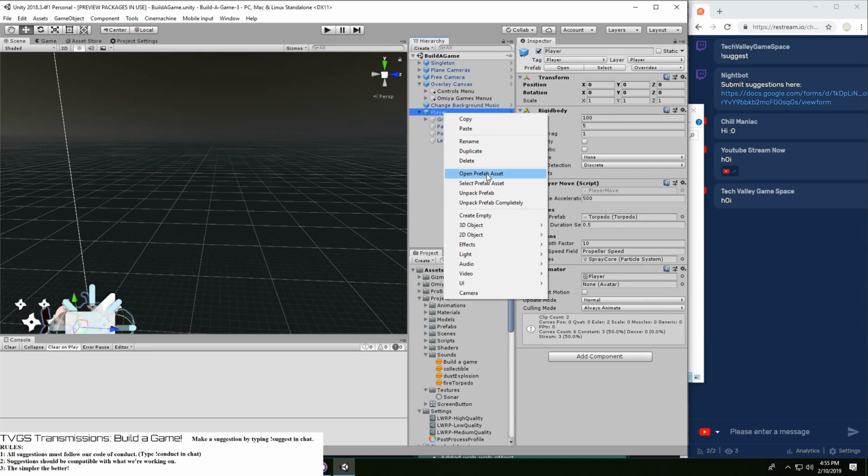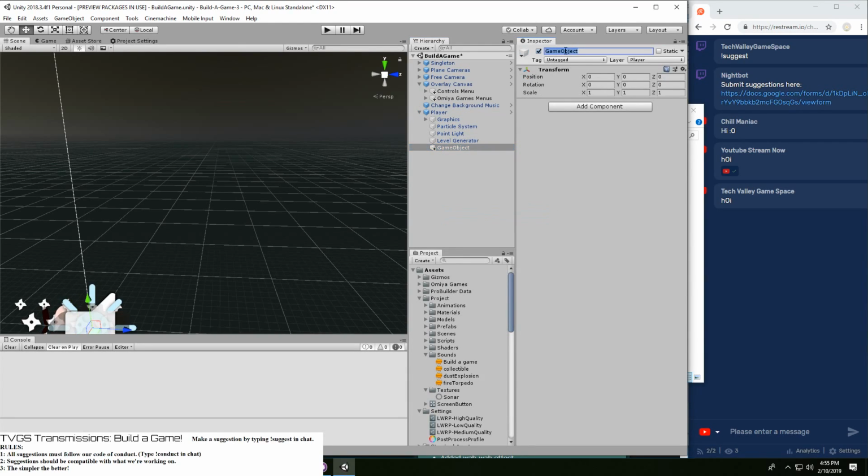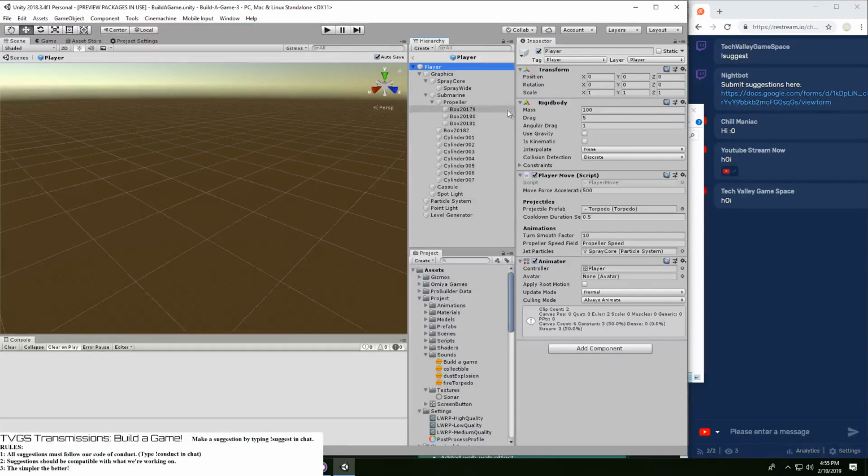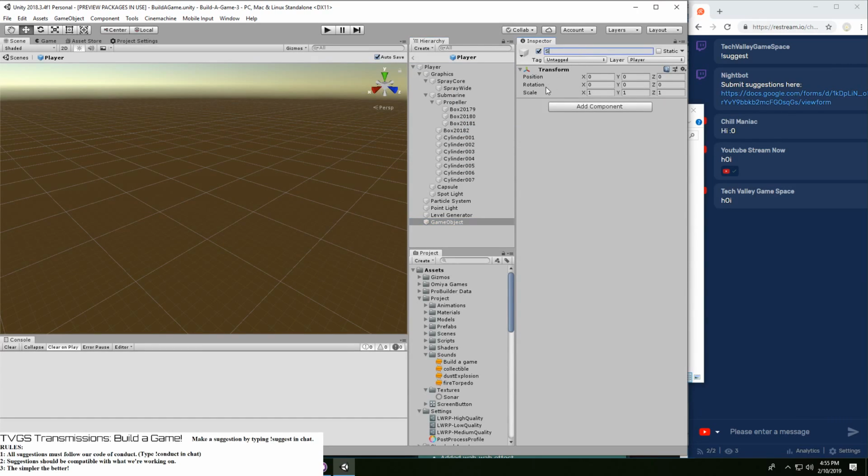So this one, I'm going to create an empty right here. It looks like it wants us to make it in the player itself. Sound effects, we're going to call this sound effects.